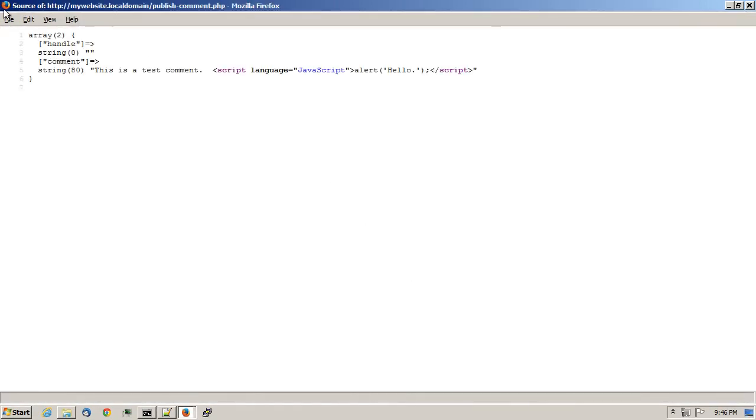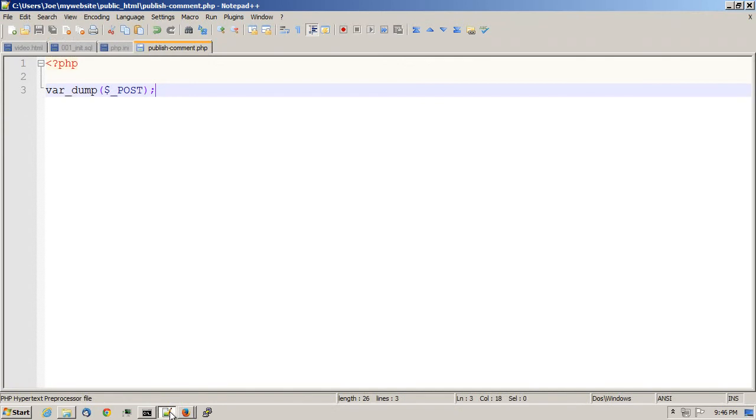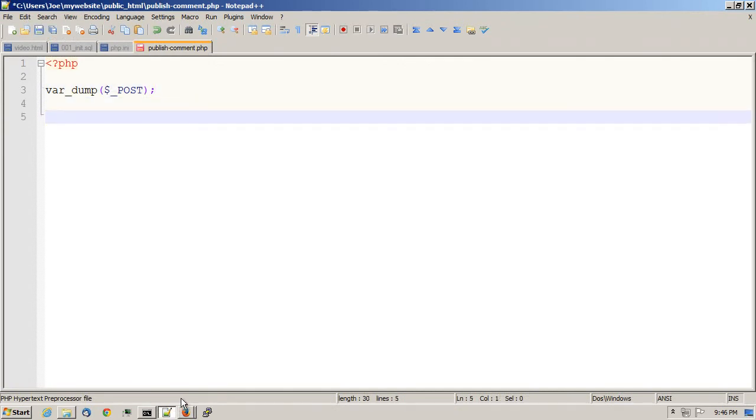And if I do a view source, it contains this as a test comment, and that's exactly what I entered in on it. And one way around it is to do a filter_input_array, specify a constant of INPUT_POST,